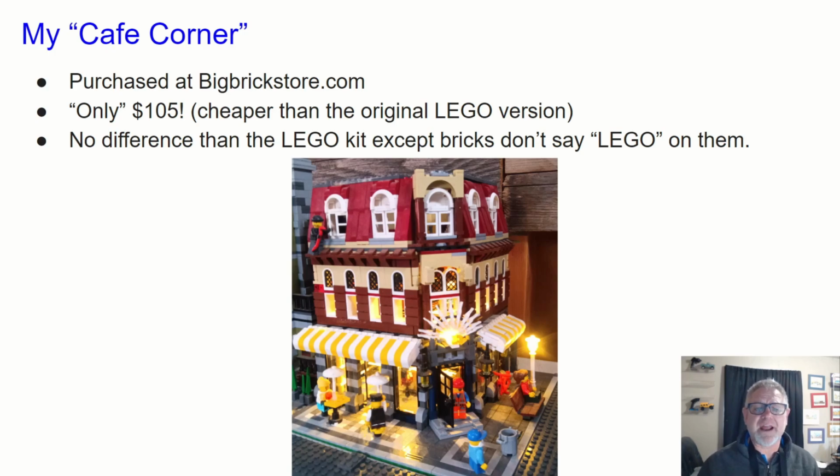Another thing that I discovered in my research was that the Lego version, this was the first kit, remember, so they were just kind of experimenting, and they weren't even sure whether these would be a hit. They hadn't even decided to make a new one in 2008 until they saw whether these would sell. Well, they did sell. They sold very well, and so they came back with another one in 2008. The first couple of years, this one's beautiful, but the next few, which I'll talk about in a later video,